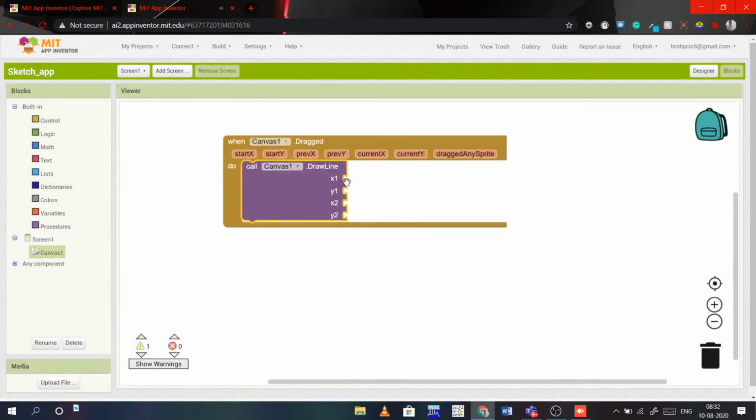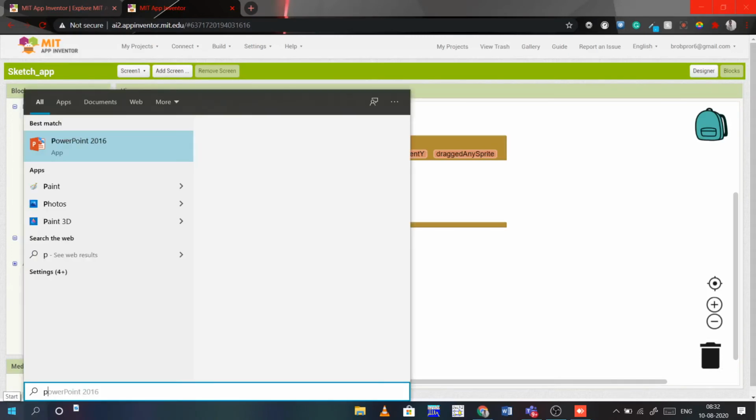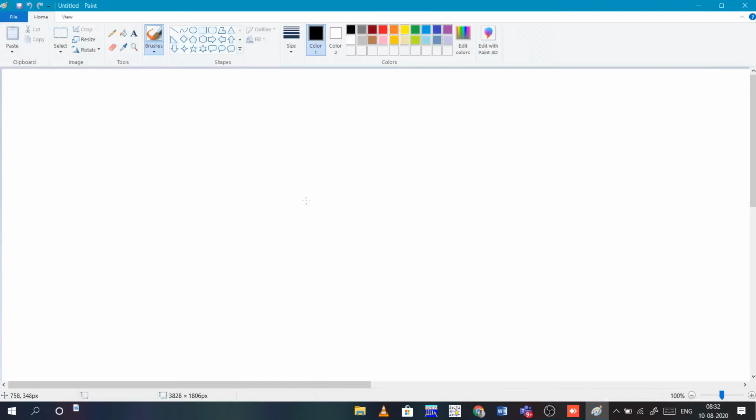Next, these are x1 y1 x2 y2. How it will work is, these x1 y1 are the initial points, the starting points. For example, if this is the canvas, how will we draw?